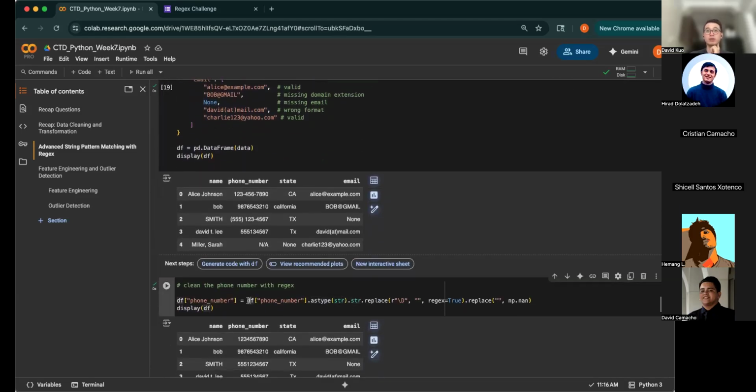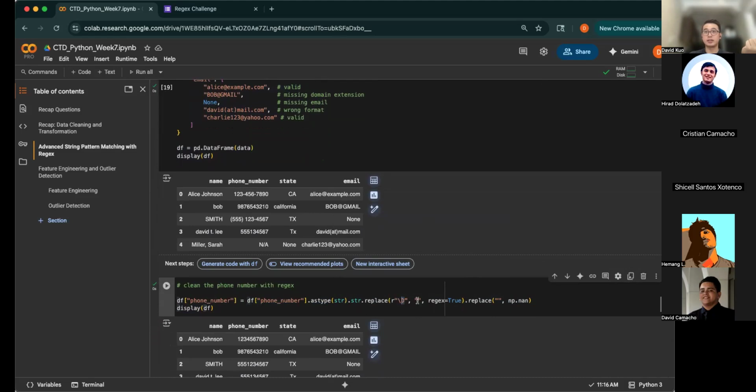So if you're ever going to use regex pattern matching, the recommended approach is to convert it into a string. Now once we're in string form, the \D will tell it to basically replace all of the characters that are